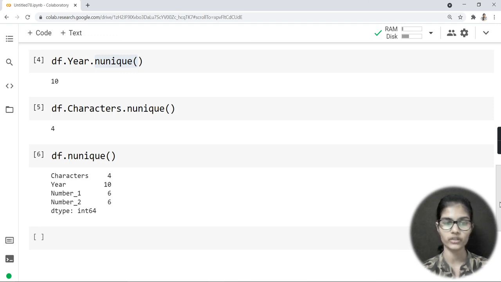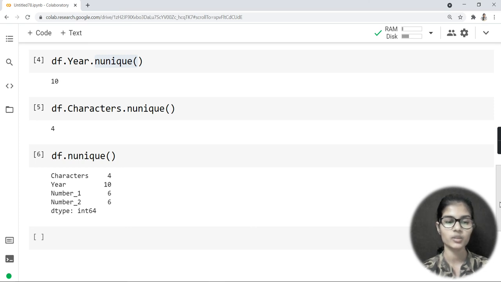Or if you want to check the whole data, do not mention any particular column name, simply write df.nunique, and it will let you know about all of them. This is a very useful function in the pandas library, especially when you are doing data analysis on big data, some real-world data.